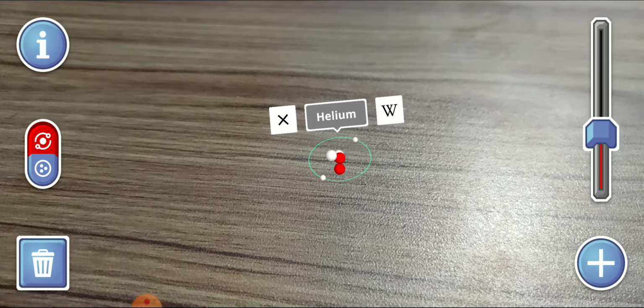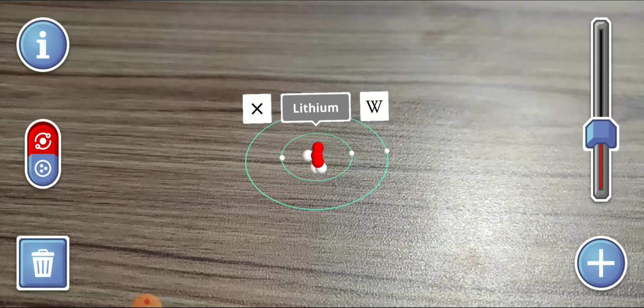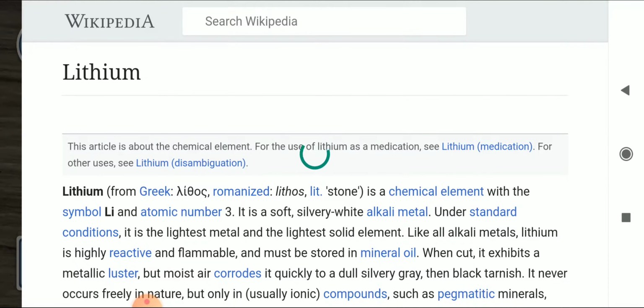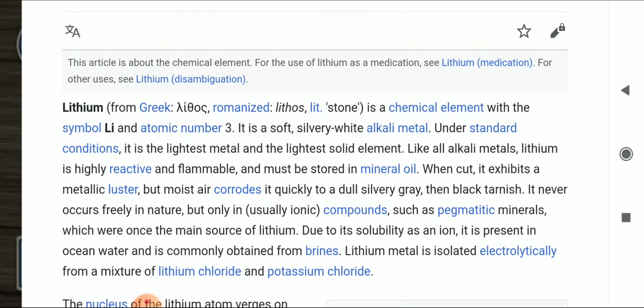Next I'm going to show you, see, first let me remove it. Now I'm going to show you lithium. Now see the presentation of the atoms in it, how nicely it's moving around its orbit, and the atomic number of lithium is 3. Again we can get all details through Wikipedia like this, and I hope it will be very useful to prepare your notes also. The short form is Li. Always keep in mind that the first letter of this atom is capital L, and the next letter will be small.